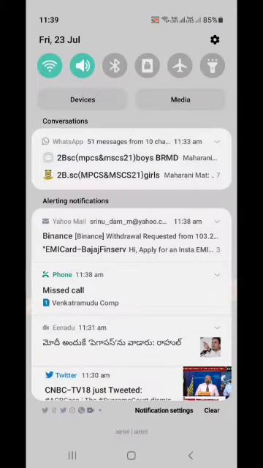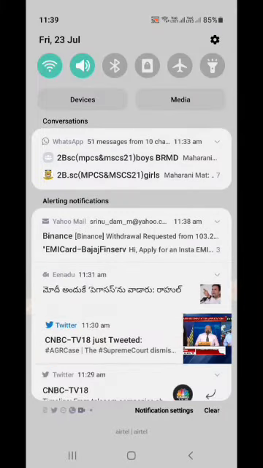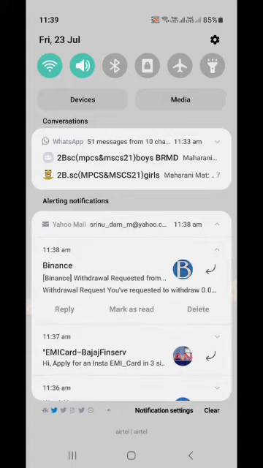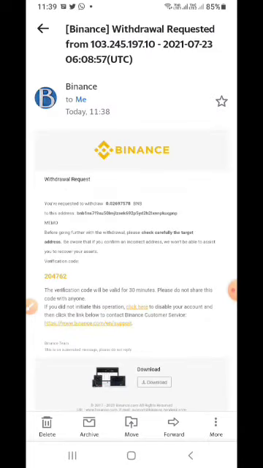It will show two verifications. The first one is mobile verification and the second one is email verification. Click on the send button. You will receive a mobile OTP and an email OTP. This is the email OTP.